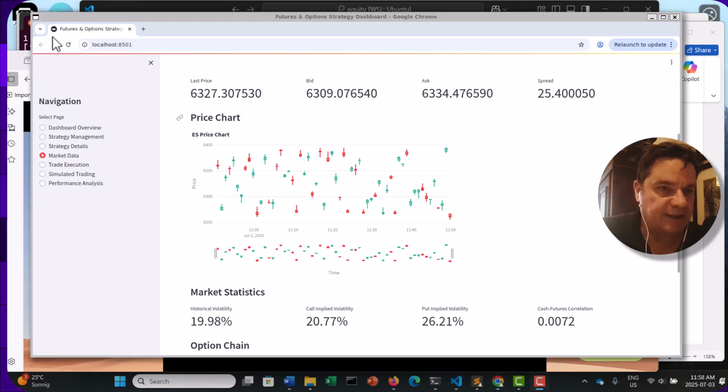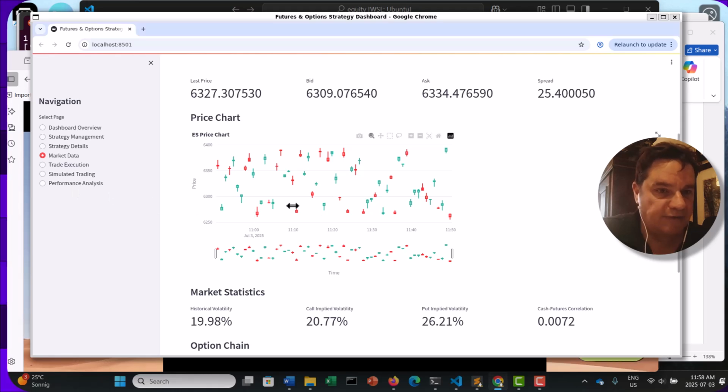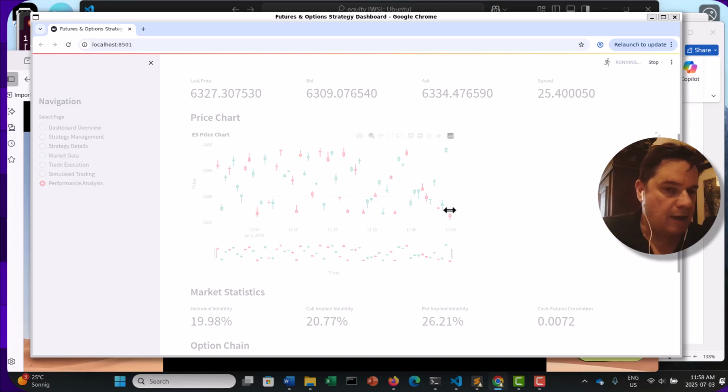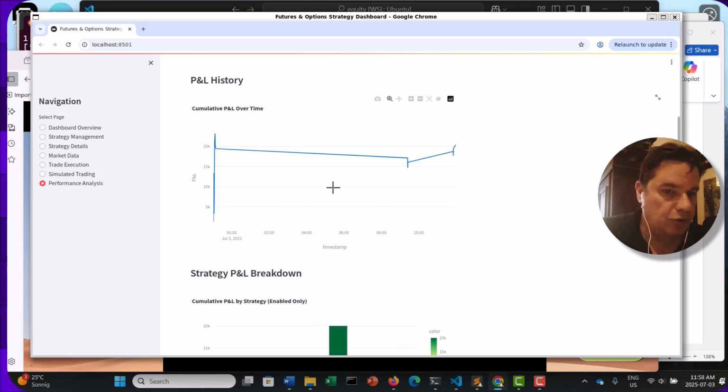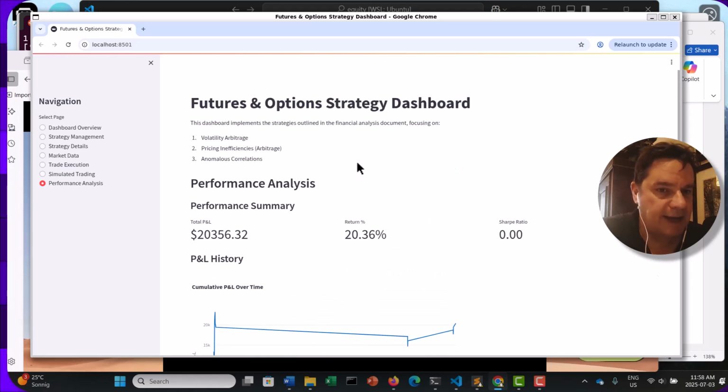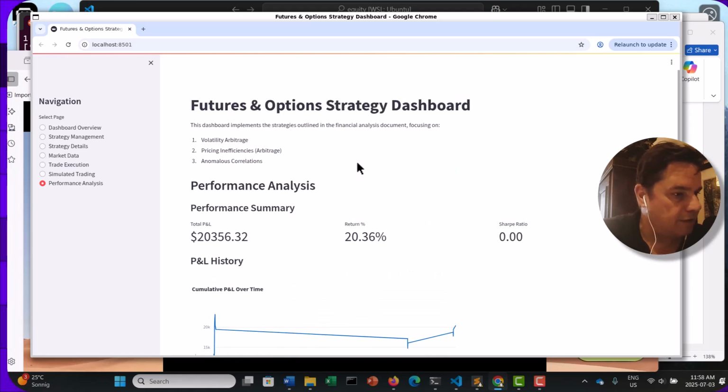I've been running this particular dashboard, again, 100% AI generated, since last night. So here's the overall performance of this dashboard. This is involving futures trading and options trading combined, generated all by AI. But what I want to show you, this is all simulated right now, but I can probably attach real live data to this. So since last night, it's a $100,000 simulated